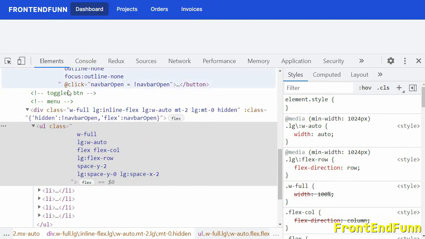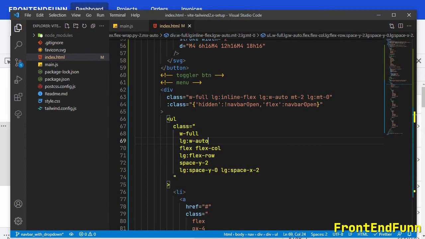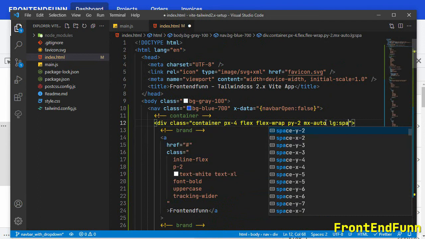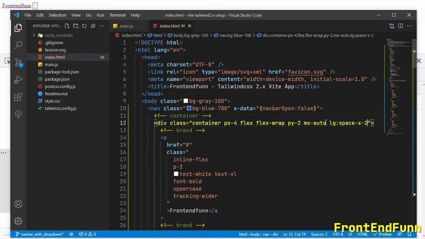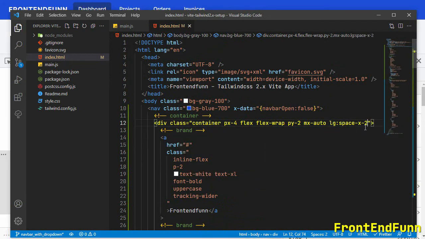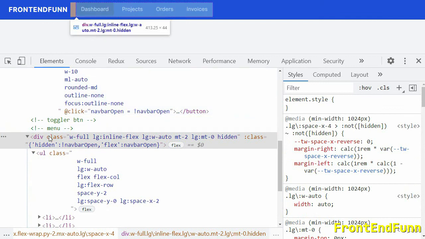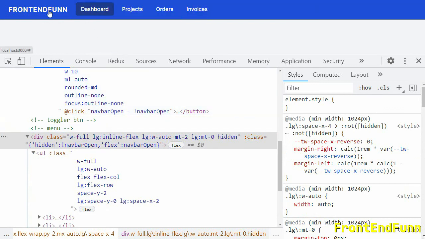If you want space between the logo as well as the links, we can add a spacer class. So we will be adding lg:space-x-2 or maybe space-x-4. Now there is a gap between the logo as well as the links here.